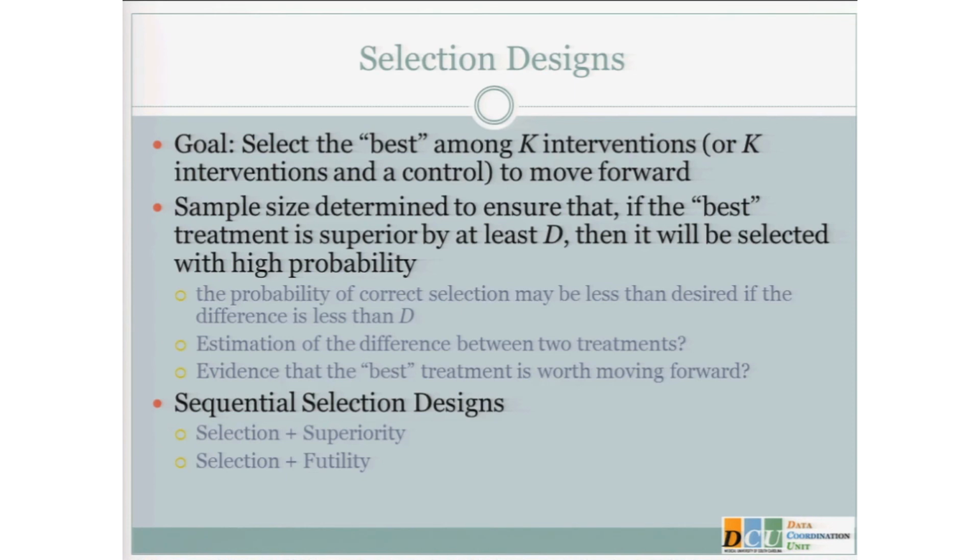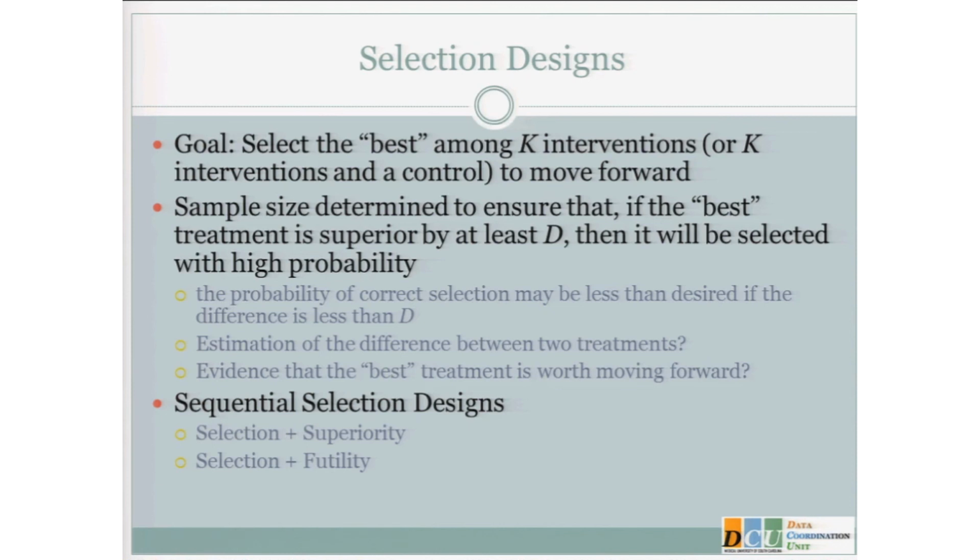It does not allow for an estimation of the difference between the 2 treatments, or it doesn't pay any attention to it. So if treatment A is numerically best, but it's numerically best by 0.1 percentage points, we don't care. We're going to pick treatment A, regardless of whether it's more costly or has a similar side effect profile or whatever, okay? And there's no evidence, unless you include that control arm, that the best treatment is actually worth studying, right? It may still be that it's the best out of a bunch of duds, but it's the best of what